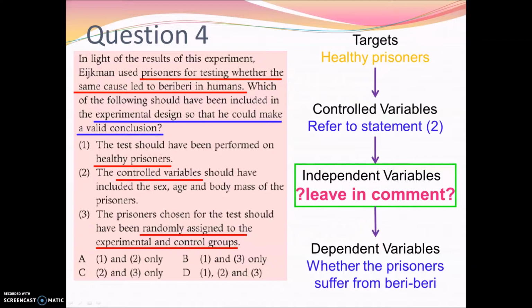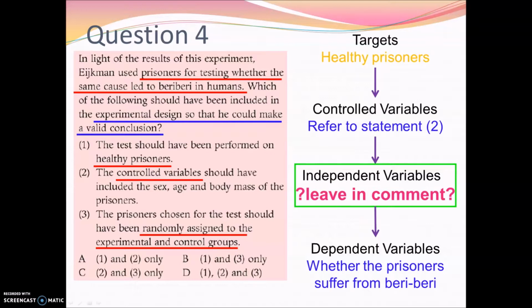So actually this experimental design is correct. For the CV, we need to know that the sex, the age, and the body mass of the prisoners should be kept constant. That means they should be the same initially, at the very beginning, because if we pick up some men and some women, some elderly, some young prisoners, and then some fat, some slim prisoners,